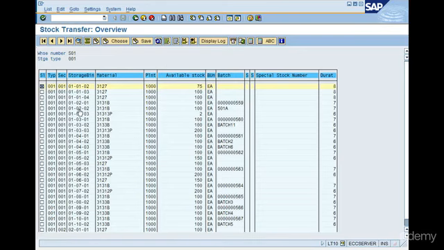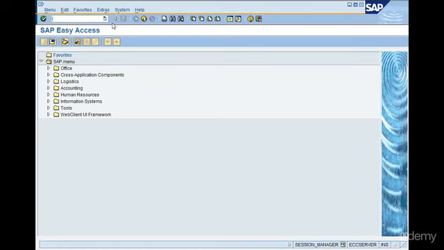So let us try to also see the way to move a partial quantity of stock from bin to bin. In this particular transaction, since we have chosen to confirm the transfer order immediately, you can immediately see the stock over here. Otherwise, we will have to confirm the transfer order that is created in a different step. So let me use the transaction LT01